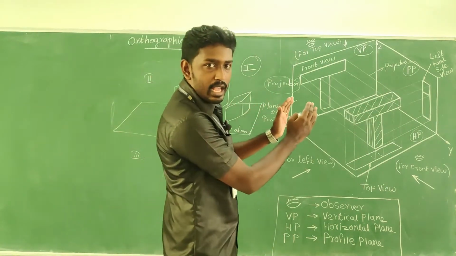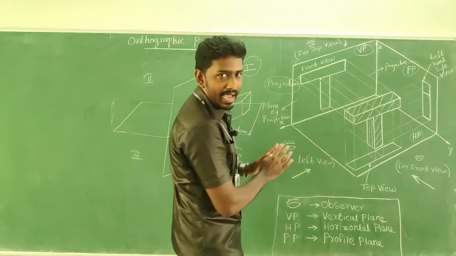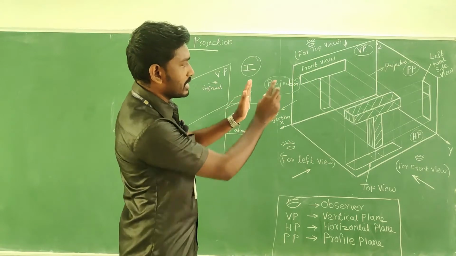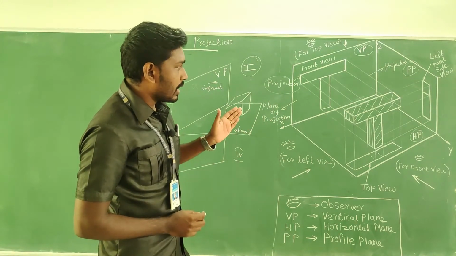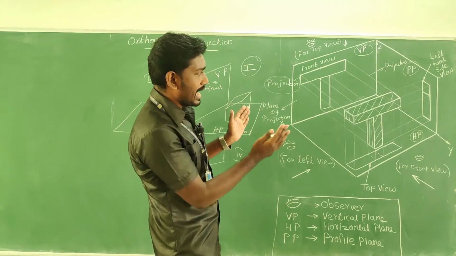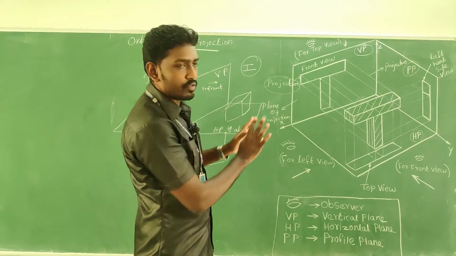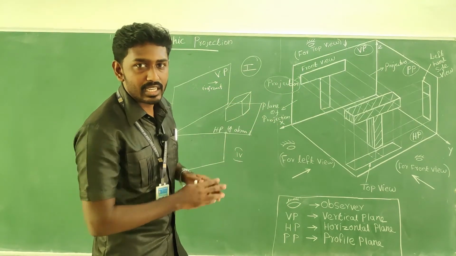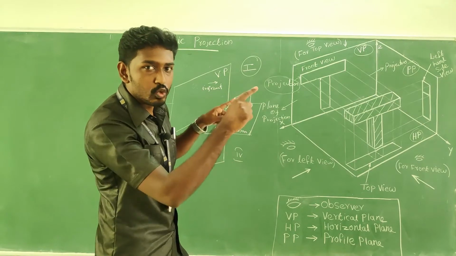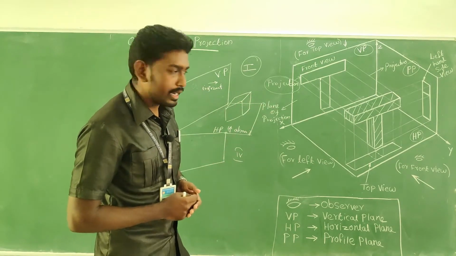So here the multi-views are captured in the three-dimensional manner, okay? So I'm going to tell you how to extract it, and here we know how the shapes are formed and how we have to capture it on paper, right? As a 2D diagram, how to capture it. So I will teach you now, right?